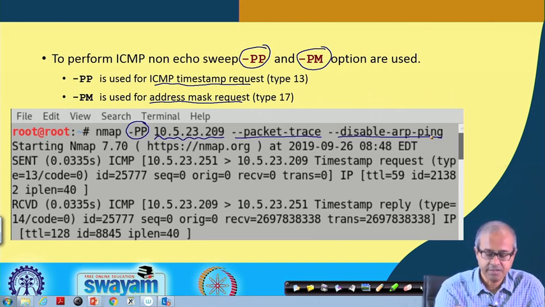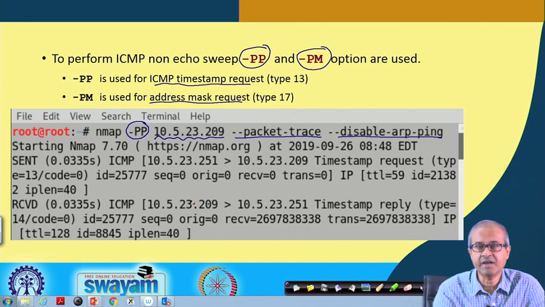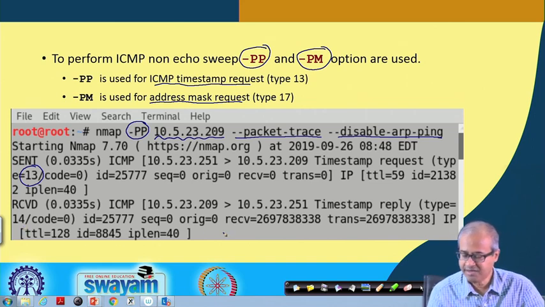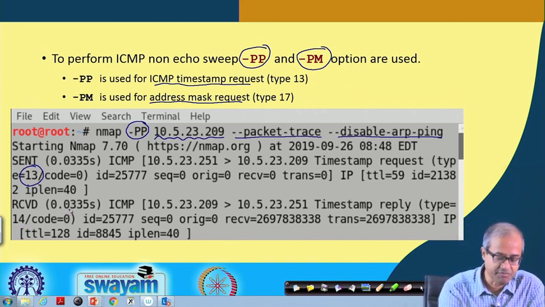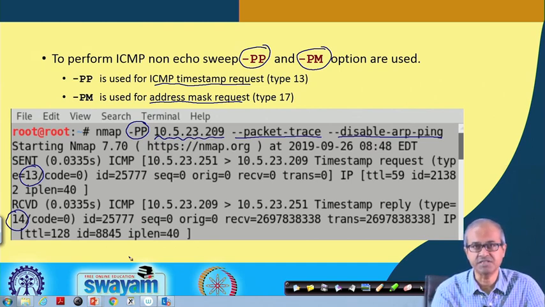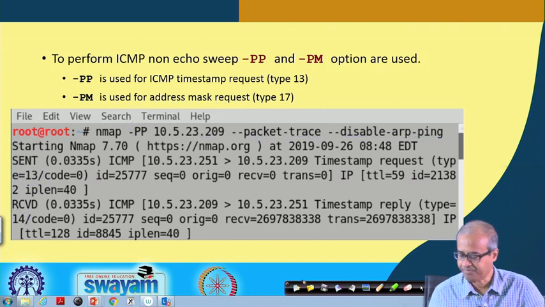So, this is not an ICMP echo request packet. You can see here type 13 is specified, so it is a timestamp request packet, and the response which comes back will always be type 14. So, in response to type 13, the response comes back as type 14. If such a response comes, you conclude that the host is up and running.